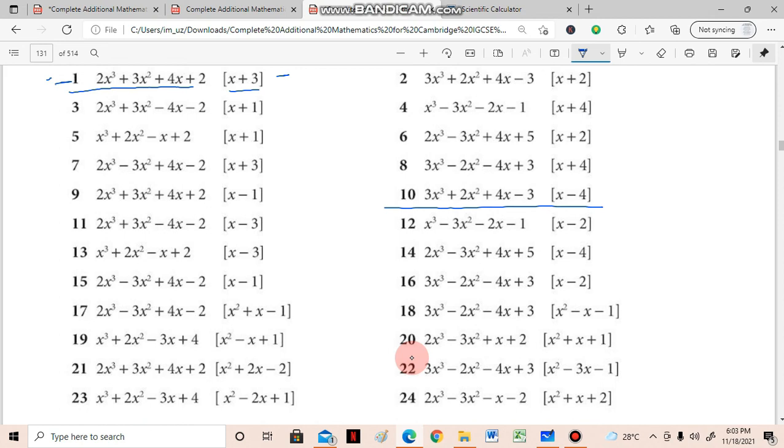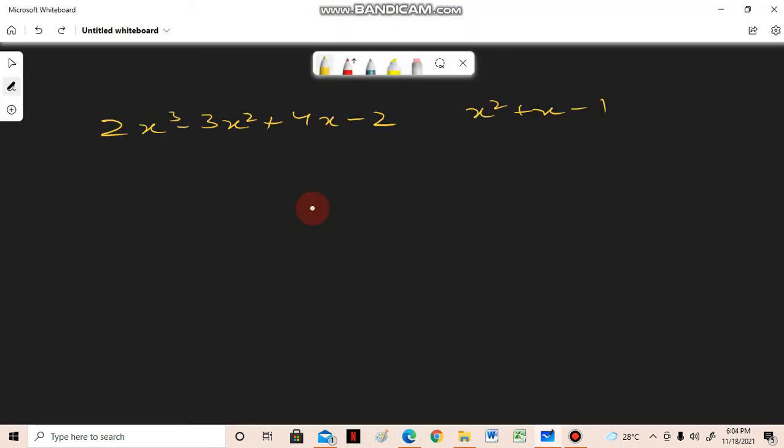Let's do 17 now. The difference that you can see over here, that we were dividing the polynomial with an expression of 2 terms, but now we are going to divide it with expression of 3 terms, right? So this is the only difference. Let's try to do these ones as well. Okay, so now let's make the division sign again. And 2x cubed minus 3x squared plus 4x minus 2 is going to come inside, and x squared plus x minus 1 is going to come outside.